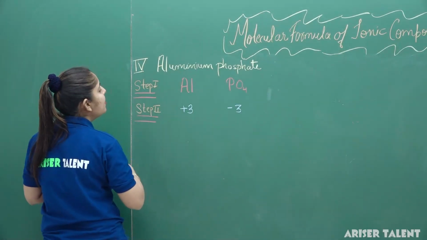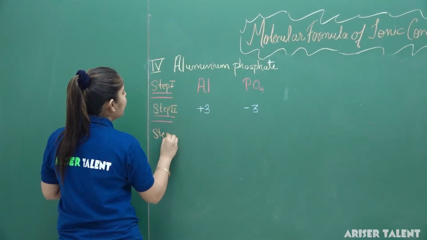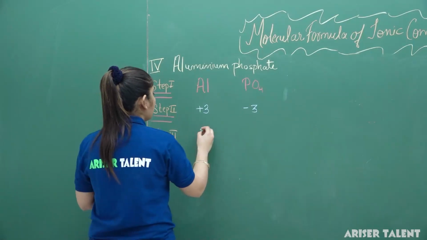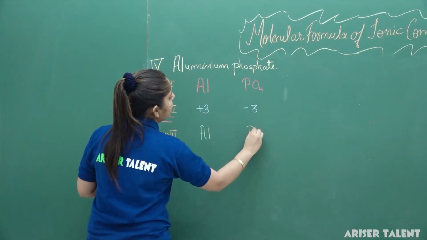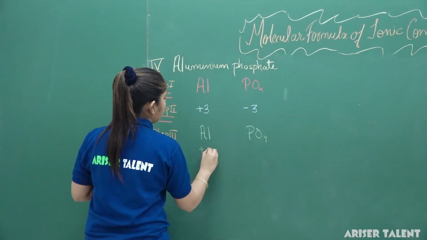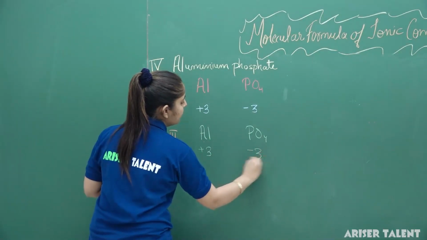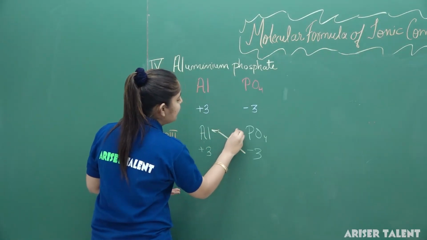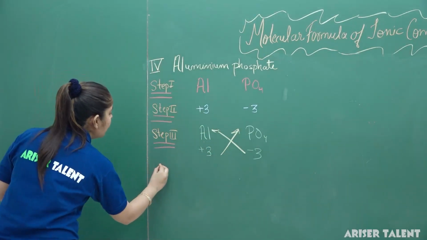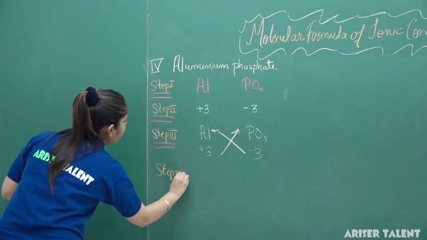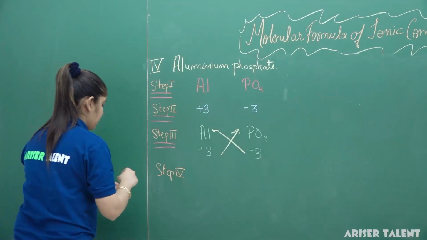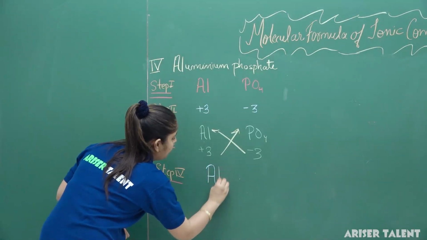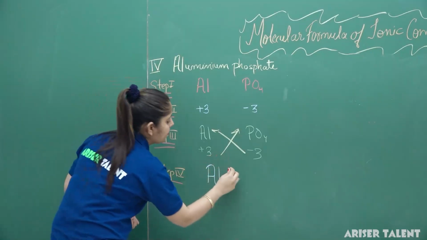Now in our step number 3, again we will do the crisscrossing of valencies. We will write Al over here, PO4 here, and +3, -3. Now crisscrossing of the valencies will occur, and in our step number 4 we will get the formula for the compound, Al3